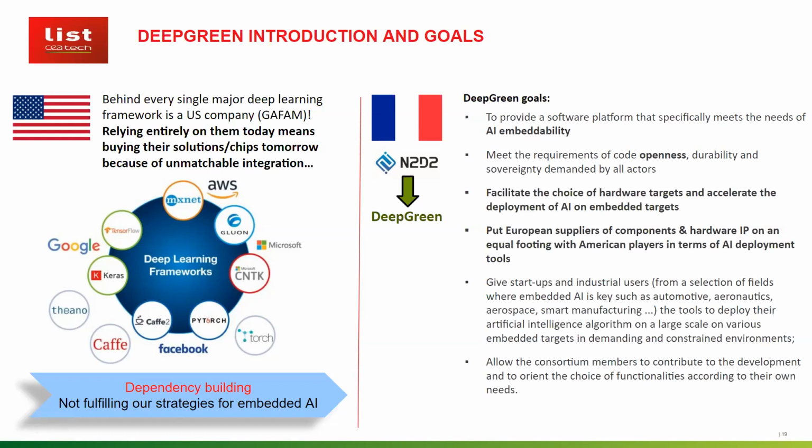with the second part of the project, which I will discuss in a minute, we want to give startups and industrial users the tools to deploy their artificial intelligence algorithms on a large scale of various embedded targets, in very constrained environments. And we also want to give our consortium members the possibility to contribute to the development of this platform itself, and also to orient the choice of functionalities according to their own needs. So those are the main goals. And if we move to the next slide,